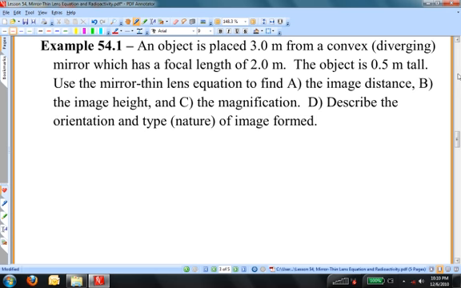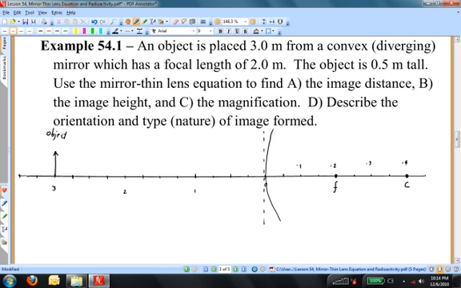Let's begin with a scale ray tracing. Let's sketch our ray diagram as usual. There are 3 rays that we look at, and we'll do them by turn. The first ray leaves the tip of the object arrow and travels parallel to the principal axis until it strikes the reflecting plane of the mirror. It reflects as if the origin of the ray had been at the focal point. So I'm going to connect where that ray strikes the reflecting plane and the focal point together, and then